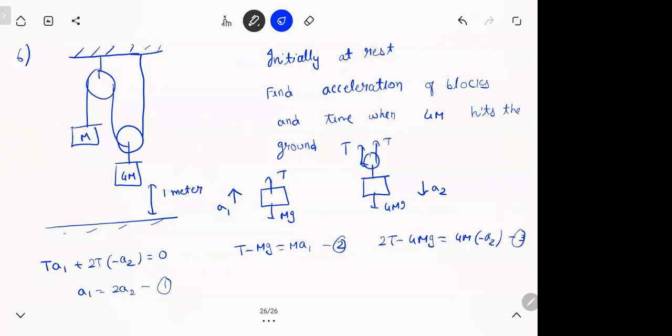I'm writing the equations on the next page. So A1 is 2A2. In the exam, who will solve, right? I won't be there to solve. And this is what people say, sir, my speed is slow in the exam. That is because you're not solving.